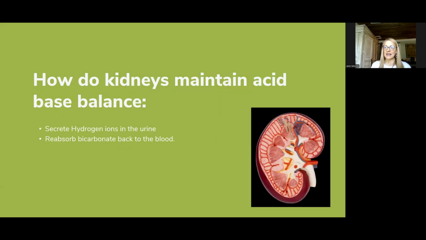So, how do kidneys maintain acid base balance? Well, what they do, it's a two-step deal. They secrete hydrogen ions into the urine, and then they reabsorb what we call bicarbonate, which is alkaline, back into the blood. So if you think about your kidneys, I call them the master chemist because all your blood all day long flows through your kidneys,